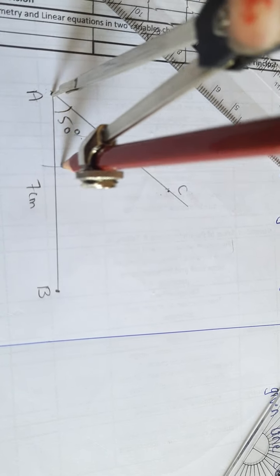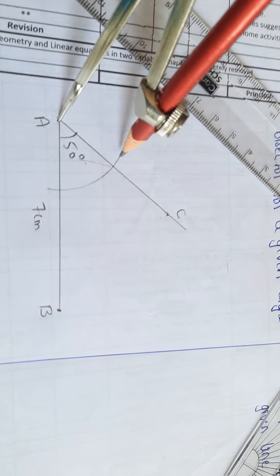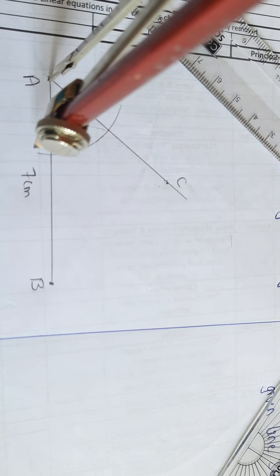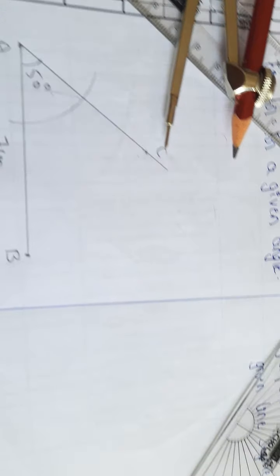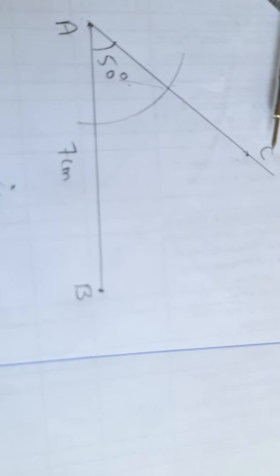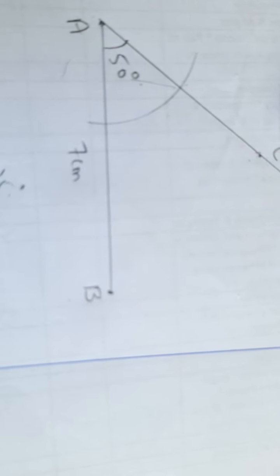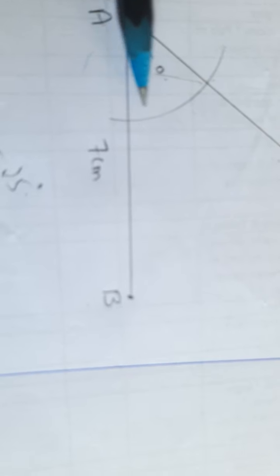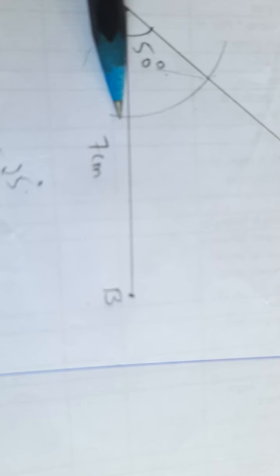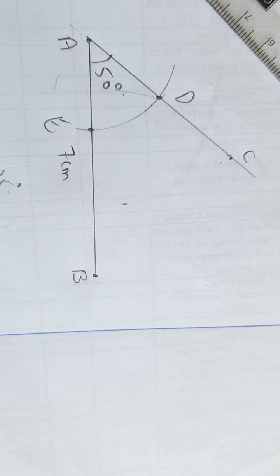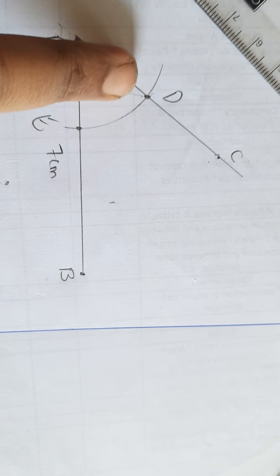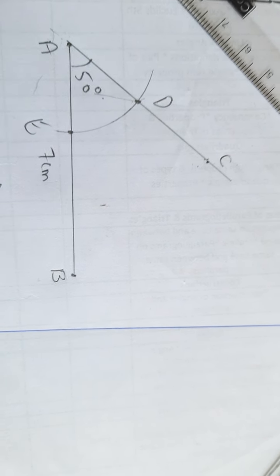Now I will cut an arc like this. See, of any measurement you can take. Now this arc is coinciding at some points on the line segments AC and AB. On AC and AB, the arc which I drew is coinciding now, children. Let us label them as D and E. So as I said, I labeled them as D and E.